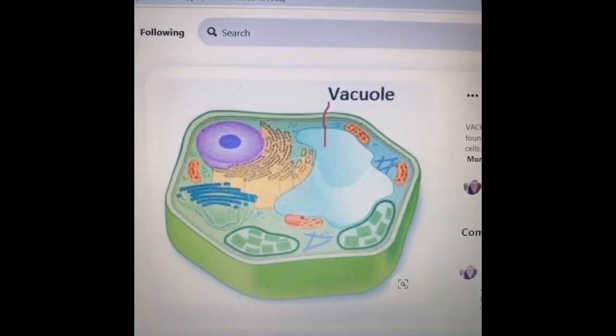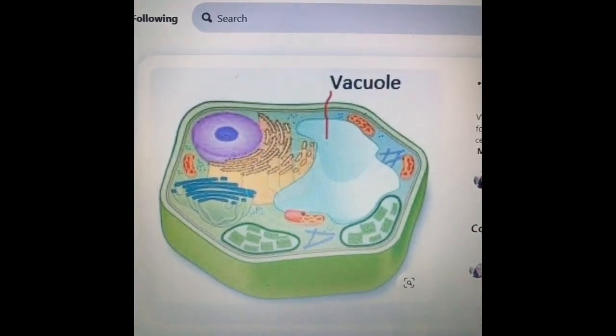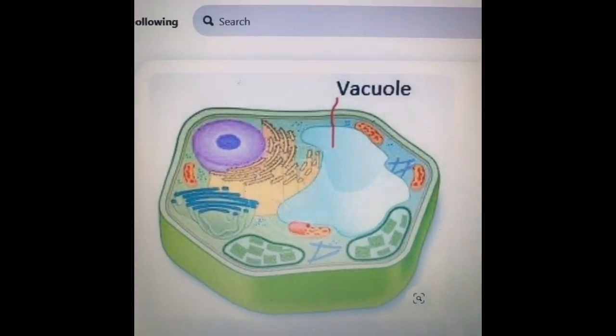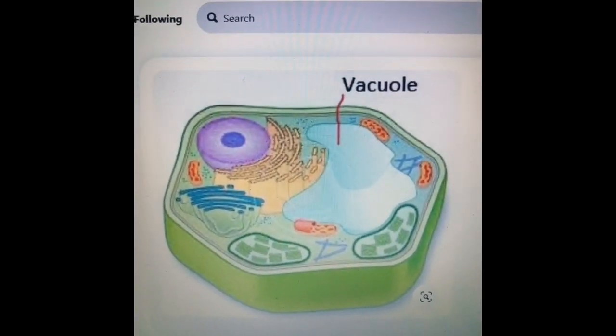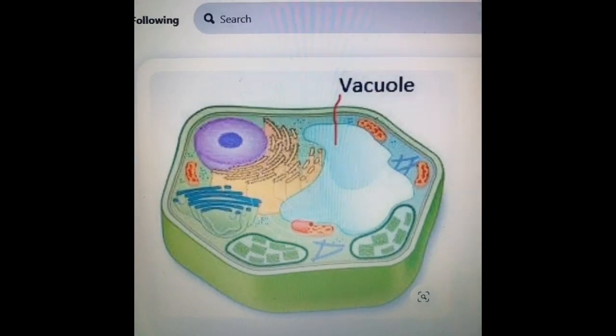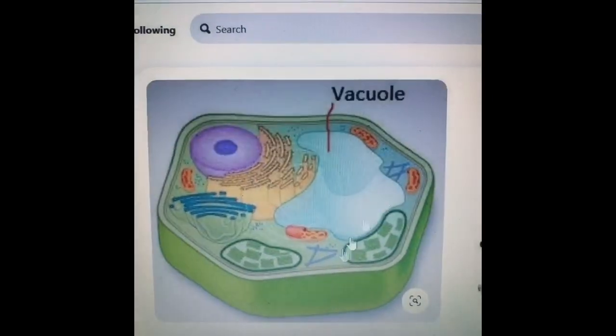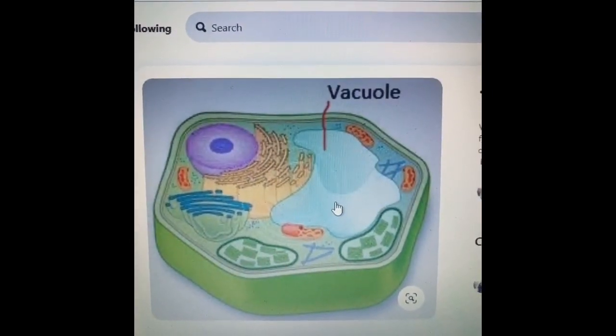So, vacuoles are some areas in the cell which store either food or water or at times some fluid. Now, depending upon what it stores, it can be of different types. Vacuoles are storage bubbles found in cells. They are found in both animal cells and plant cells, but are much larger in plant cells.